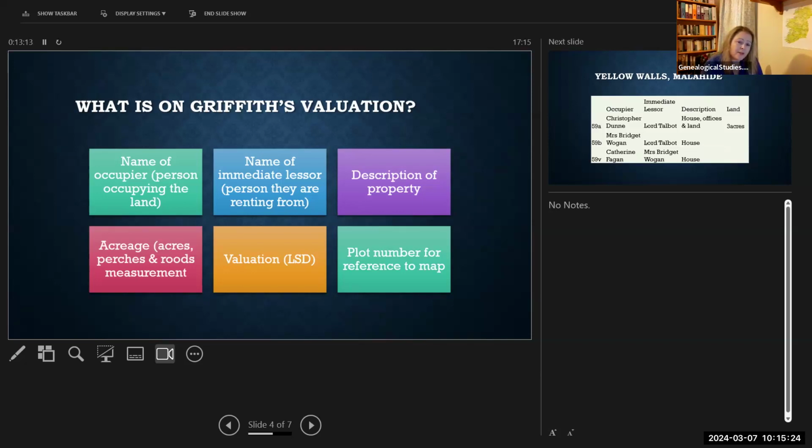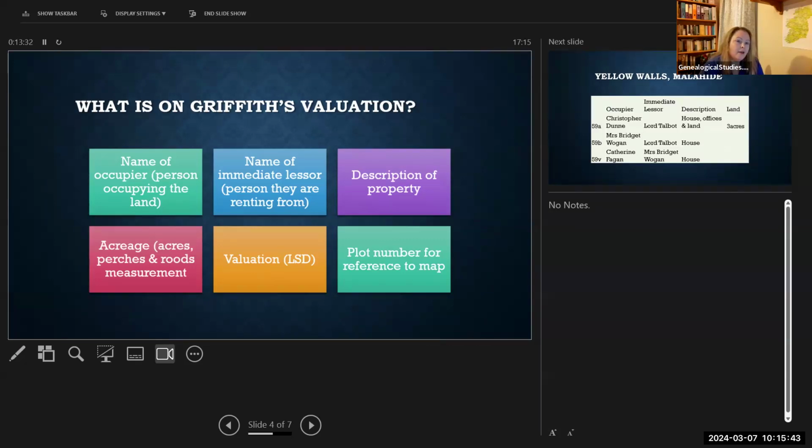Remember that somebody could be renting a field over here in the townland, and then they could also be renting one across a river on the other side of the townland, and it'd still be the same person. So if there's no differentiation, such as junior or senior or another name, then you can take it that it's the same person.